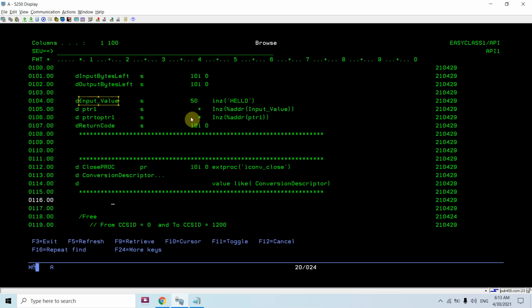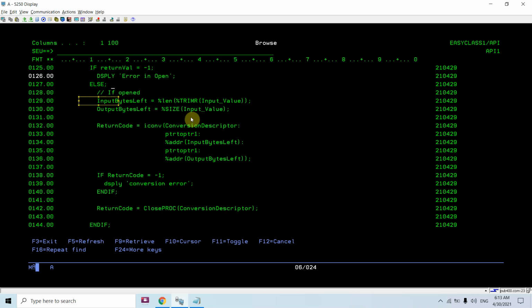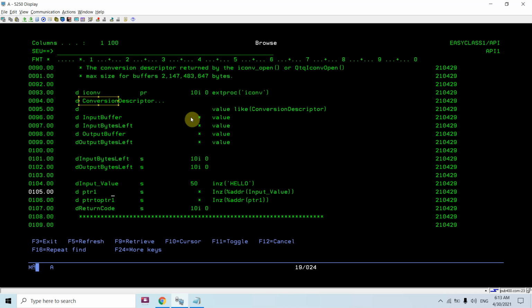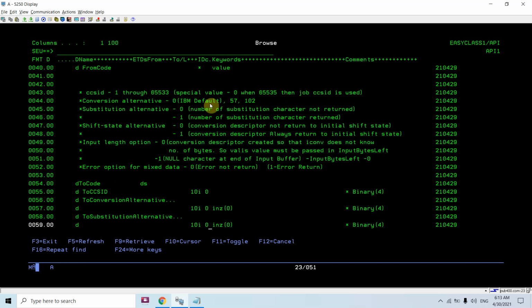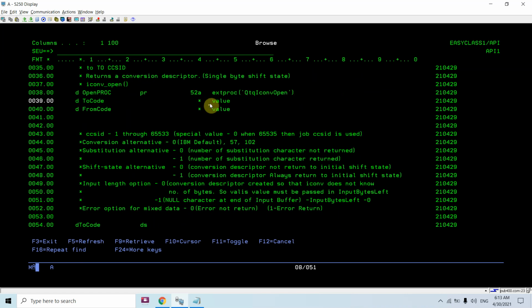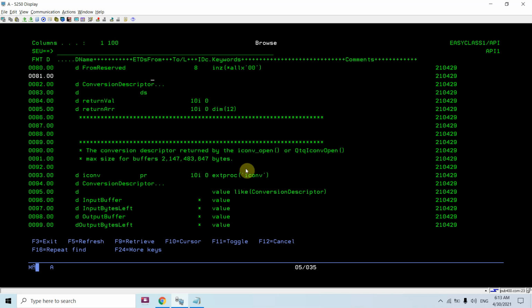So input underscore value will be converted to the character set defined in the to CCSID which we have passed. Now once all these things are done, it means we have opened the conversion environment using this API, that is QtqIconvOpen, or we can use iconv underscore open as well, and then we have converted the data using the iconv API.